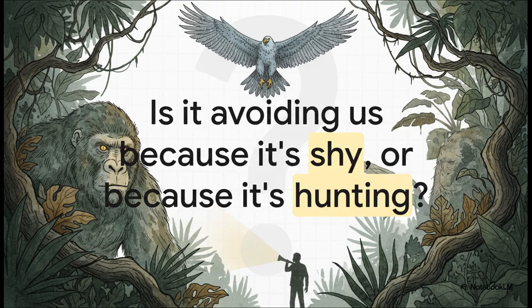And that brings us to our final thought here. We've just profiled a creature of immense power, intelligence, and predatory skill, a creature that is a master of its environment and somehow remains completely hidden from us. So you have to ask yourself, is its elusiveness a sign of fear, or is it the quiet confidence of an apex predator that knows it's at the top of the food chain? Definitely something to think about.